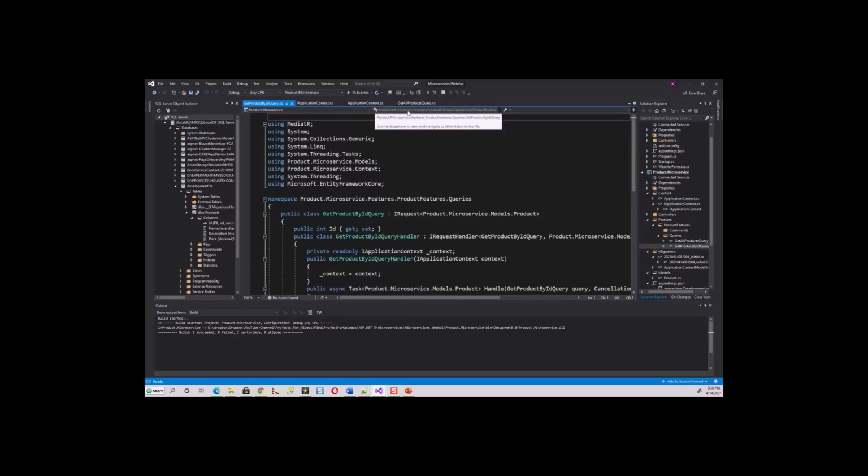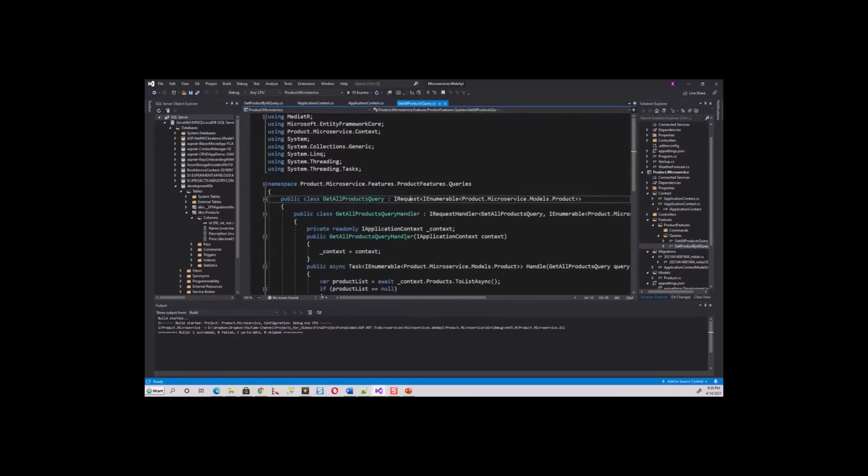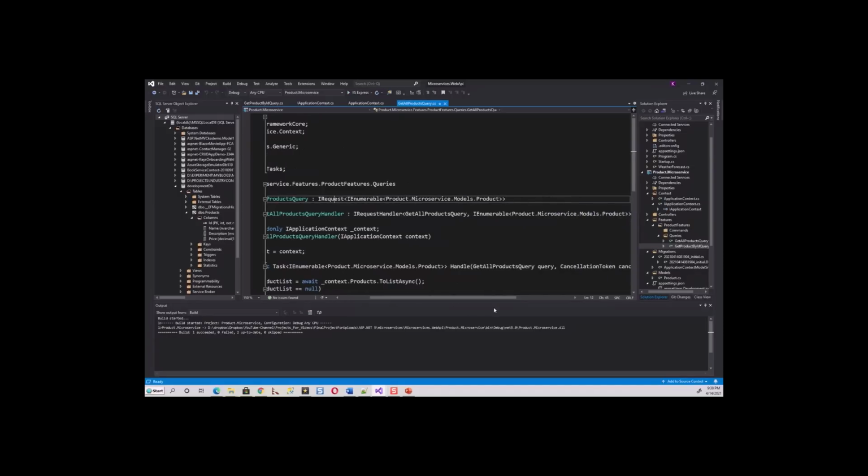Now if you click on this get all products query, it uses an IRequest interface from the mediator class, and it also creates another embedded class within the get all products query, which is a get all products query handler, and it implements IRequestHandler rather than IRequest and passes on the get all products query and the generic type IEnumerable